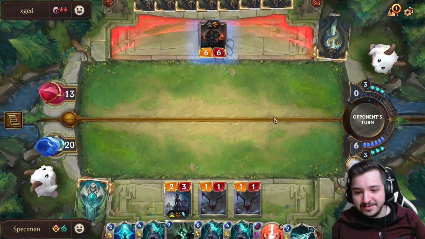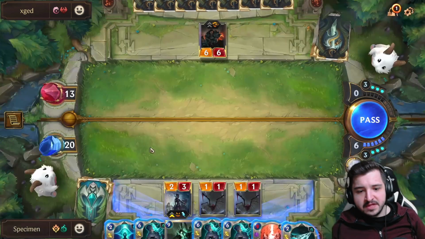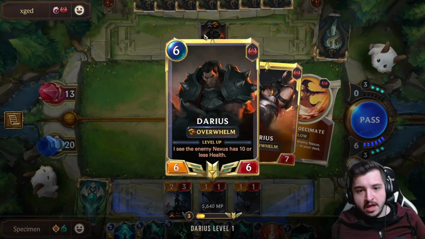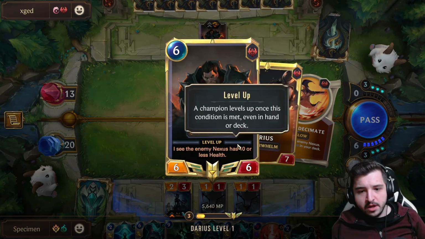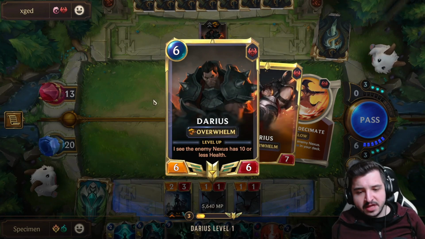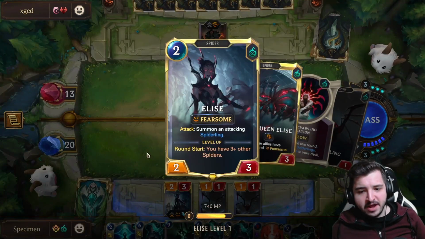Okay, they're here. Alright, beautiful. So they play Darius, which is one of their champions. And in this game, your champions can basically evolve like Pokemons. So he's going to level up when he sees the enemy Nexus has 10 or less health. Mine has 20. Elise, I don't really play Elise for her level up value. I just play her as like an early...